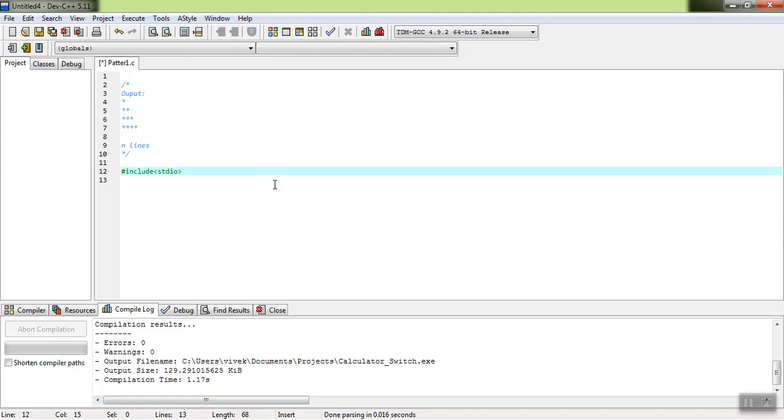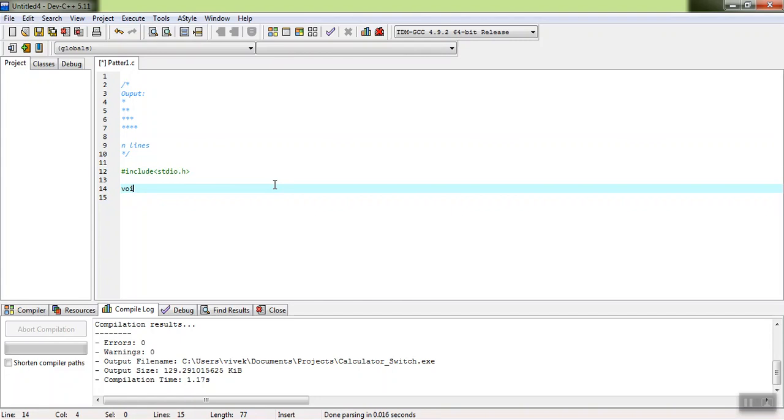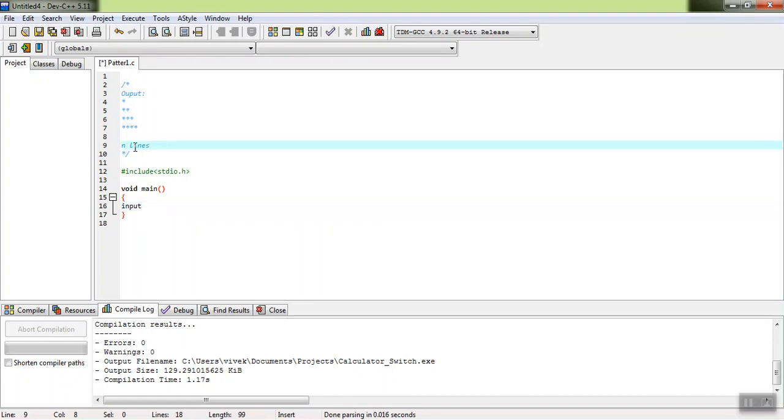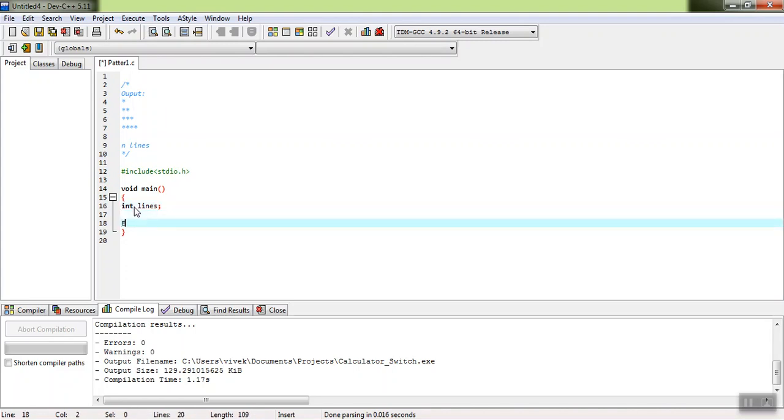We'll start with hash include stdio.h so that we can use our scanf and printf functions. We'll start with our entry point, void main. Let's create a variable for the number of rows, up to how many rows or lines you want to print. So we'll create an integer variable for that, let's say lines. Let's put a prompt to the user, say, enter number of lines to be printed,